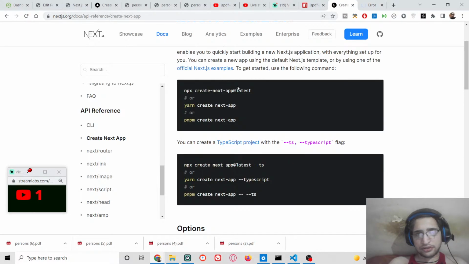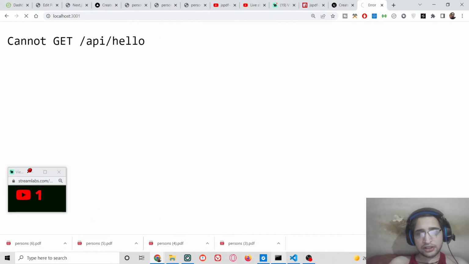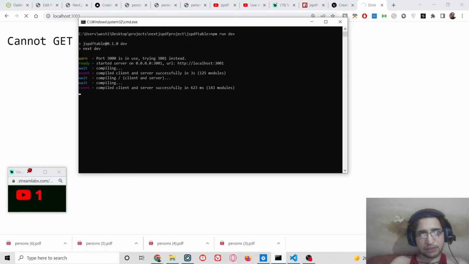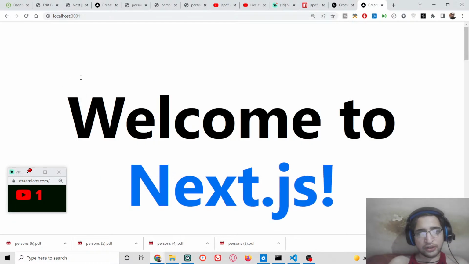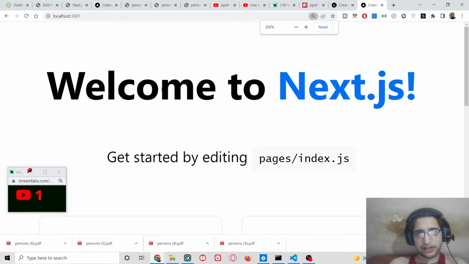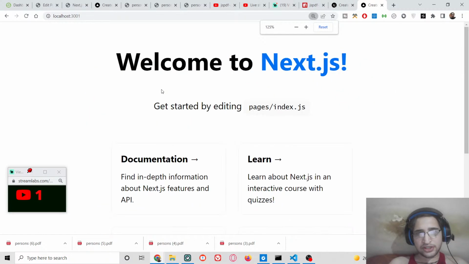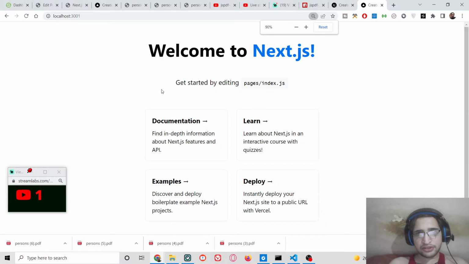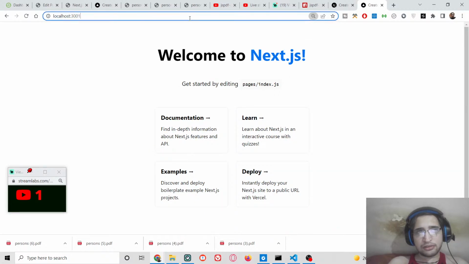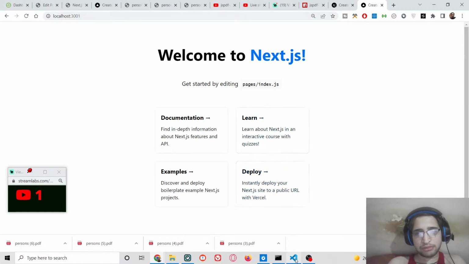So if you run this, let me see why it is not running here. Let me start this application once again. Now you will see that, guys, this is the welcome message. Welcome to Next.js. This is the brand new application which is created here. Now we need to build our PDF file table generator application with the help of the jsPDF